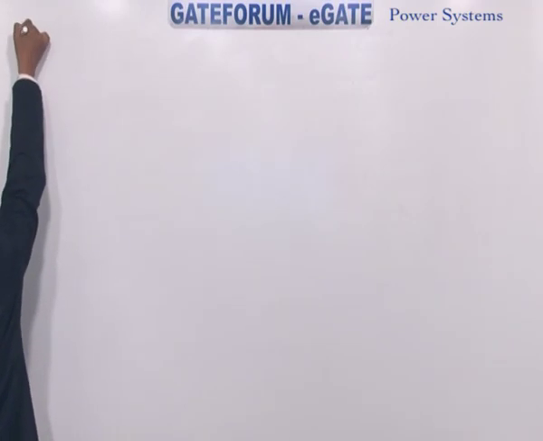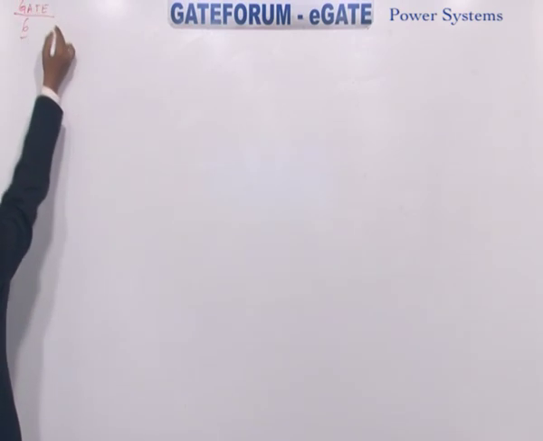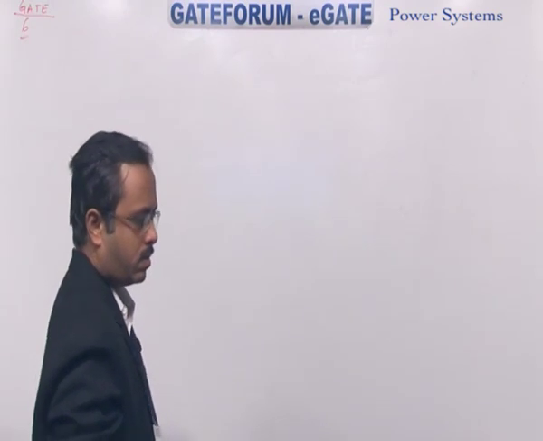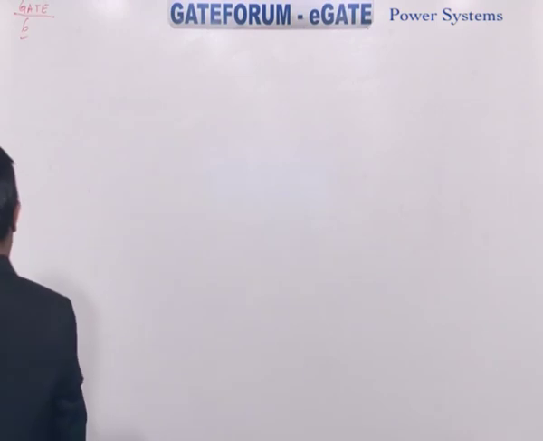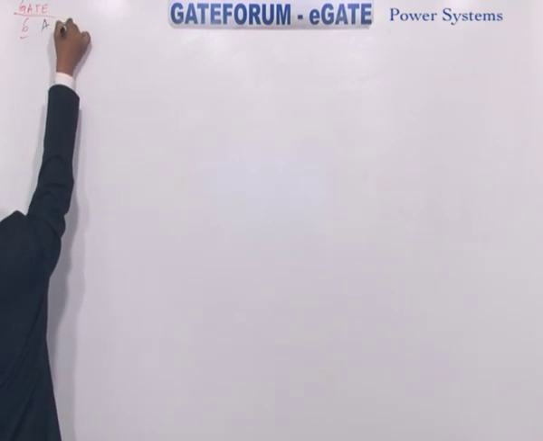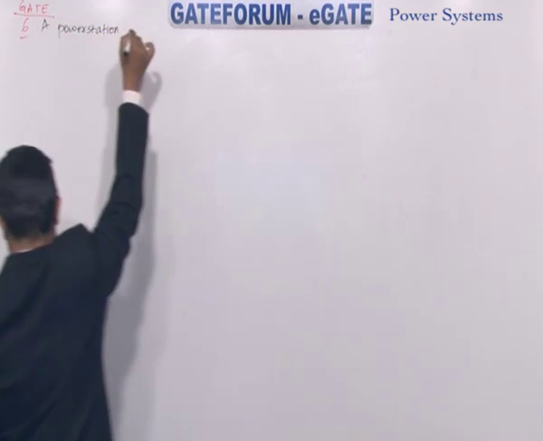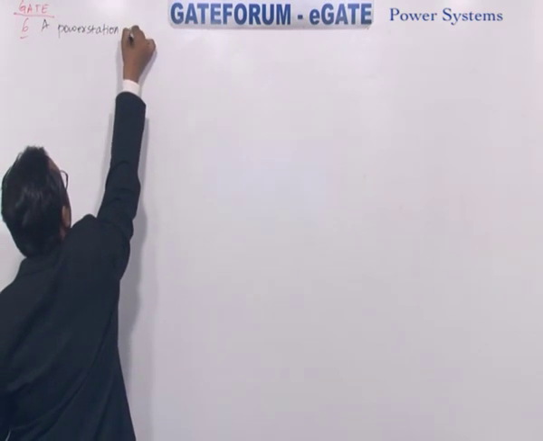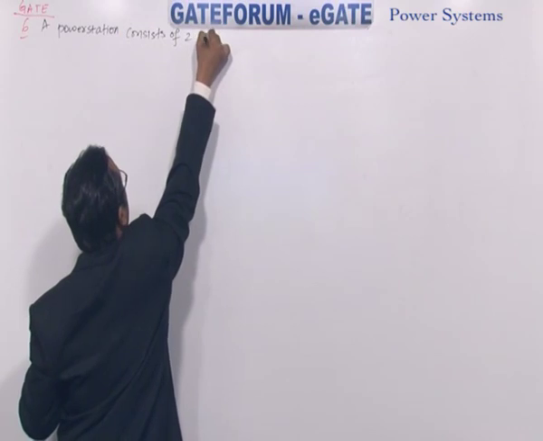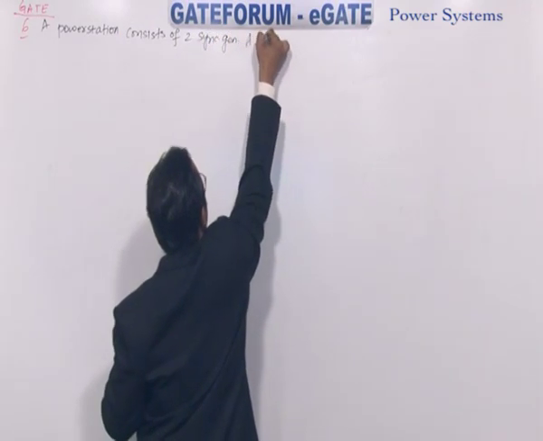Now the next question, this is from the GATE question paper. This is asked in one of the GATE question papers. A power station consists of two synchronous generators A and B